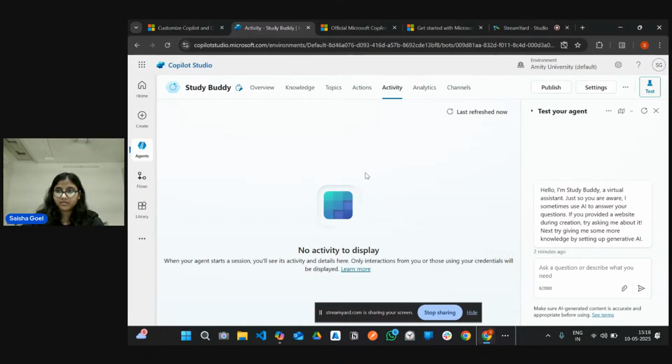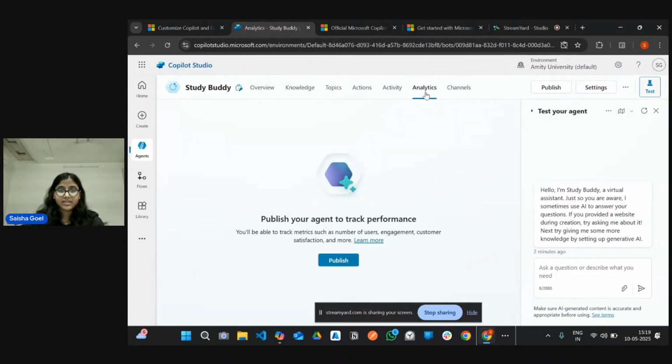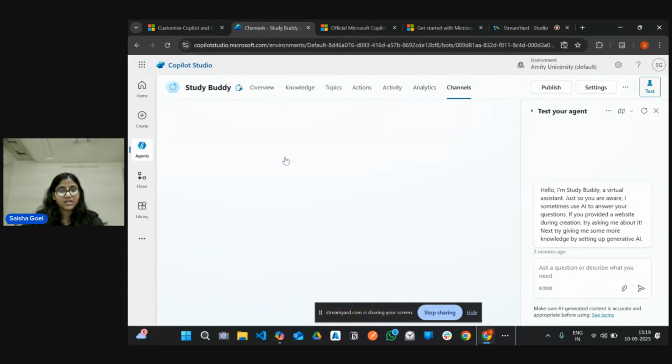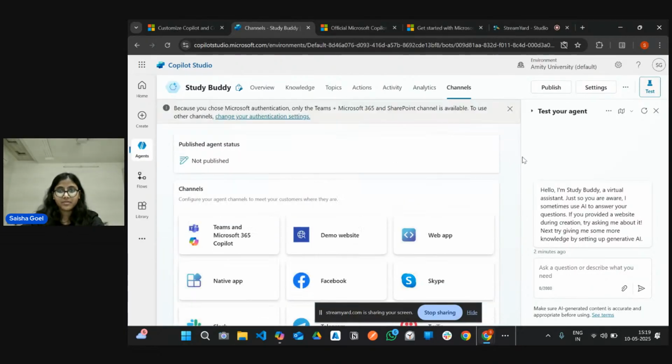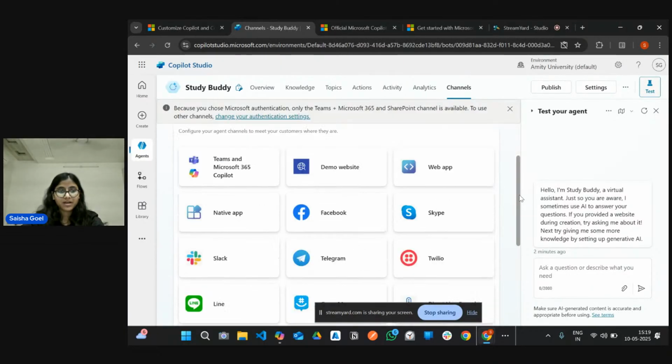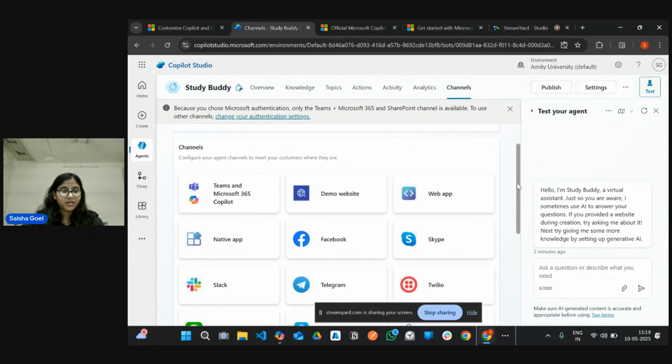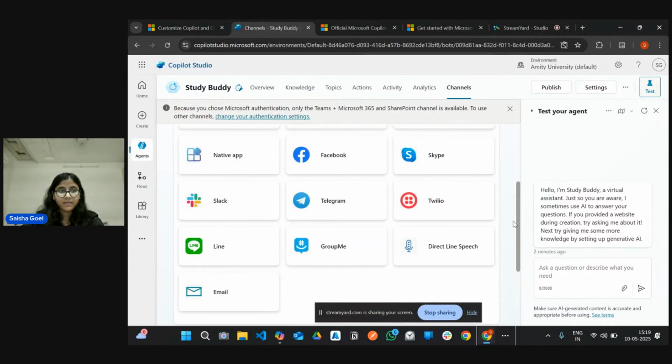Or if we are testing our agent and the agent starts a session, we are going to see the activity of our agent here. Then analytics is basically the dashboard where we can track the performance of our agent when it is published on any channel. And channel is basically you can publish your agent on your website, Slack, on Teams, anywhere. So yeah,